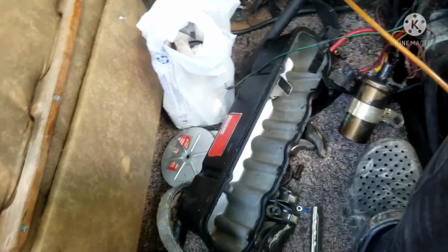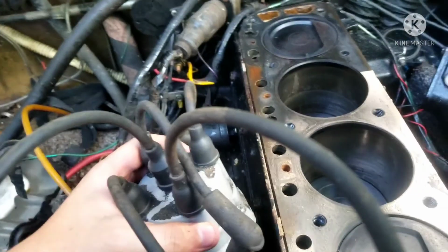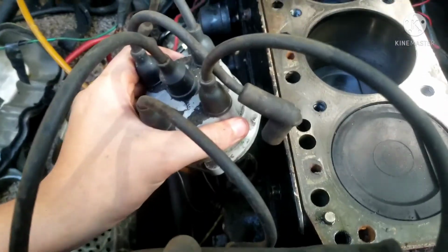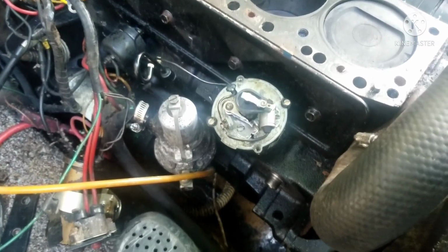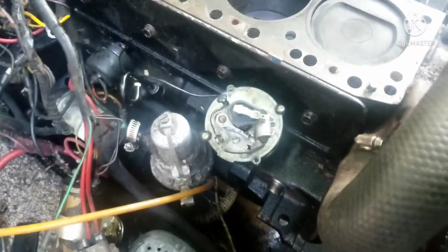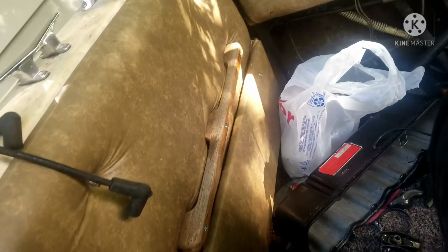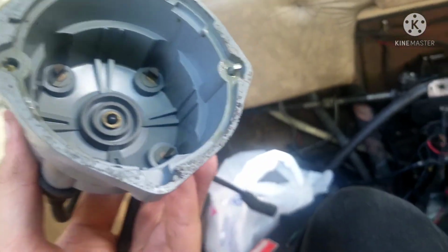It's kind of hard doing that off camera while holding the camera in one hand. So I'm going to go ahead and reinstall the distributor and go from there. Alright, I just adjusted the timing by ear, which is pretty much the easiest way to do it, rather than with the multimeter and whatnot. So now I'm gonna put the cap back on, and the important part is that